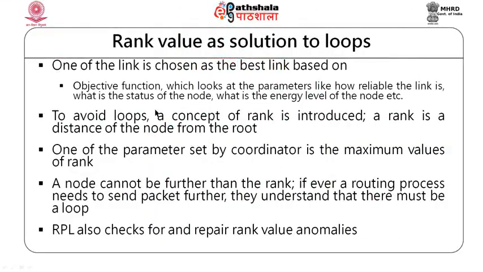Now, the router knows that the maximum rank value is 5. That is important. So, it understands that no node is further than 5 ranks. So, whenever any broadcast is really needed, in case of a global repair, which I talked about in the previous module, you know that it will not go further than 5 links. That kind of constrained broadcasting is possible because of this, a solution to loops. It will not travel in a loop, because it will travel only up to 5 ranks and stop.